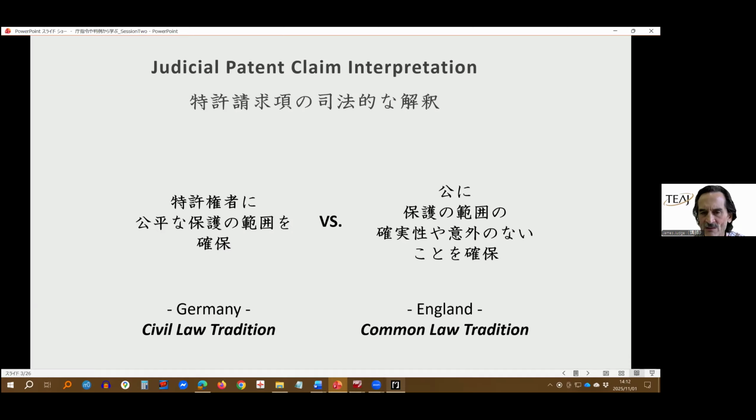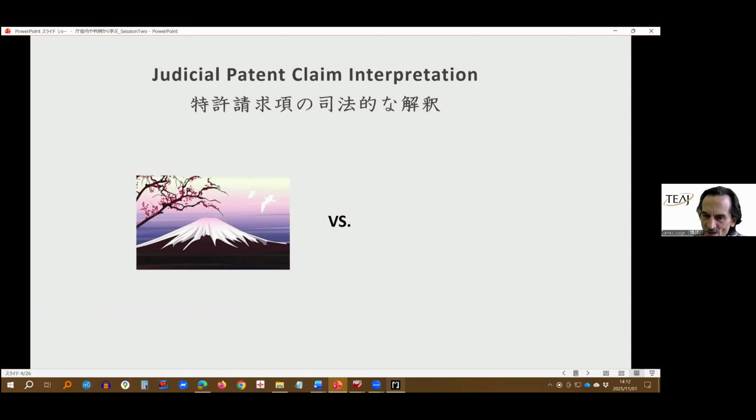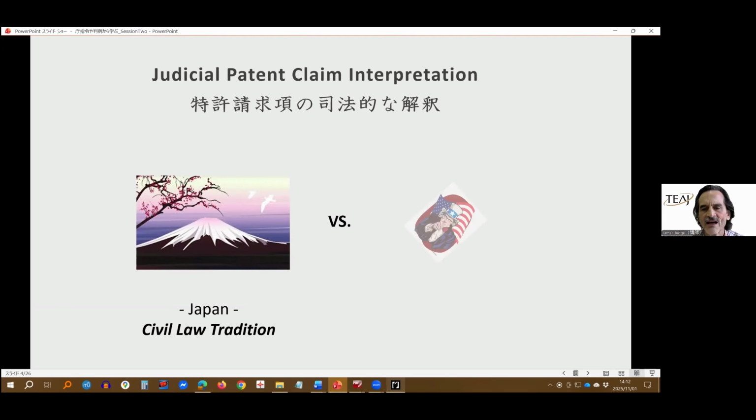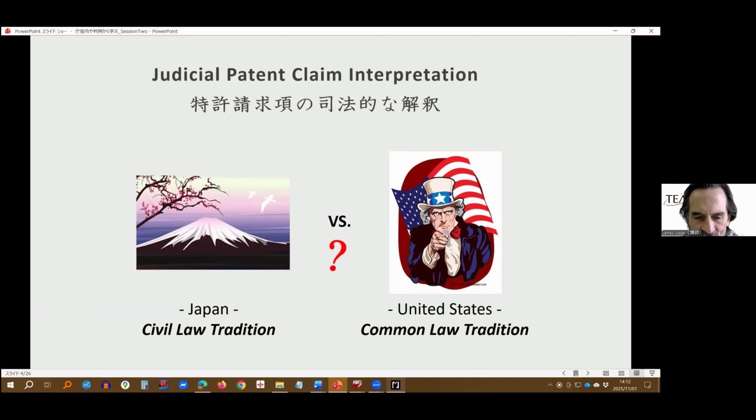on this, but it's a very important point, because Japan is a civil law based system, and the US is common law based, and it really leads to significant differences in how claims are examined between the two jurisdictions. So I put a question mark here because I feel like this difference is not understood enough, both by practitioners and translators as well. I think it's worthwhile to know this difference.